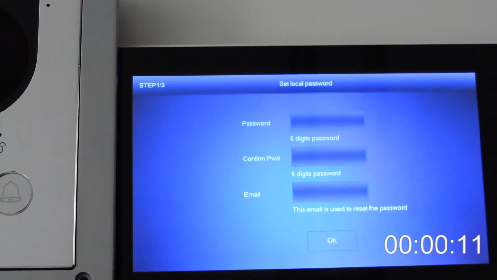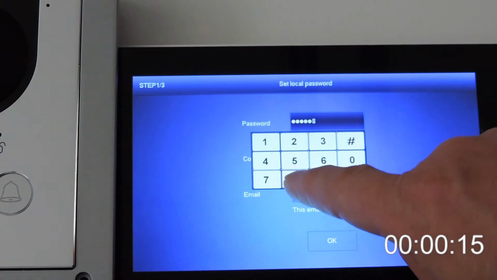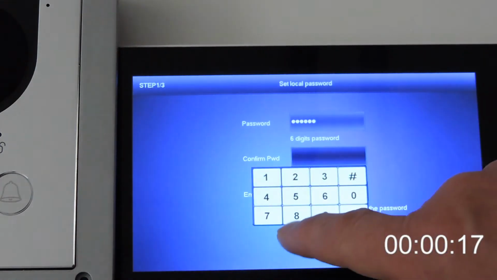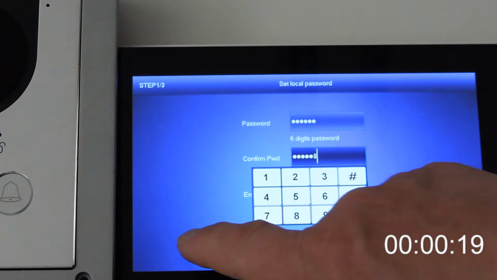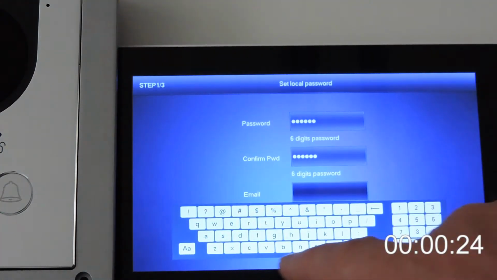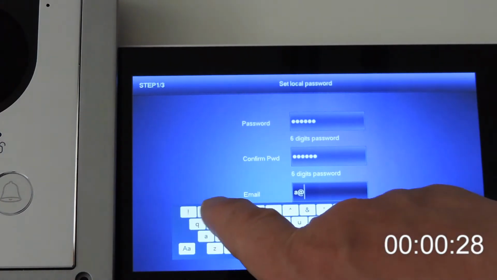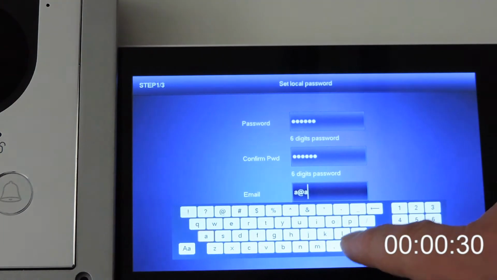The first step is to set the installer password in VTH, in the monitor. We put it twice, and then we have to set the email address. I put something very simple, just